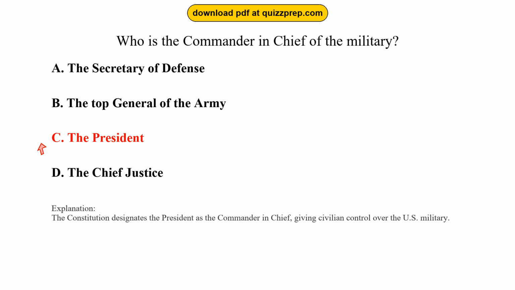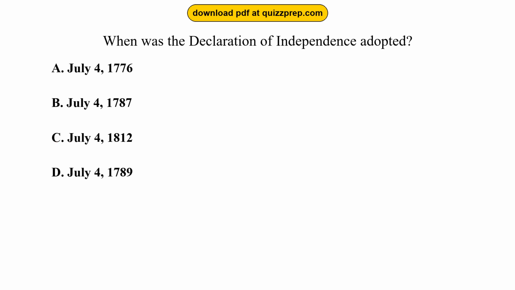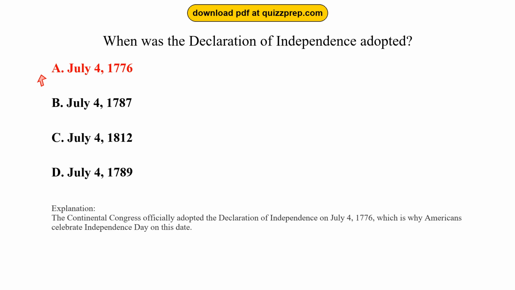military. Question 4. When was the Declaration of Independence adopted? Option A. July 4, 1776. Option B. July 4, 1787. Option C. July 4, 1812. Option D. July 4, 1789. The correct answer is option A, July 4, 1776. The Continental Congress officially adopted the Declaration of Independence on July 4, 1776, which is why Americans celebrate Independence Day